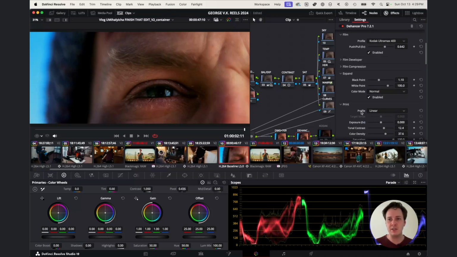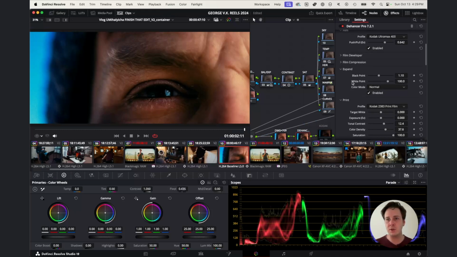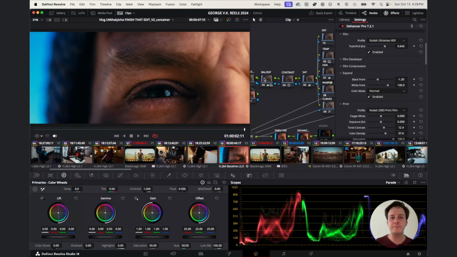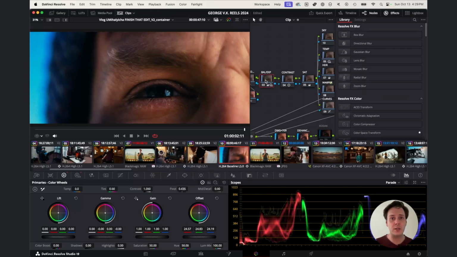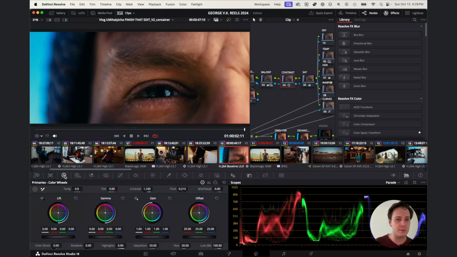And so if we take that off and use Dehancer, we may have to make some adjustments just because this is right now in just the regular linear profile. But if we use the actual Dehancer 2383 Kodak print film, you can see we've got a much darker image, so we would likely need to play around with the exposure. We may need to go into our primaries, our balance and exposure. So we've got the exposure turned down here. May need to bring that back up. Maybe the contrast is a little bit too much, so we'll